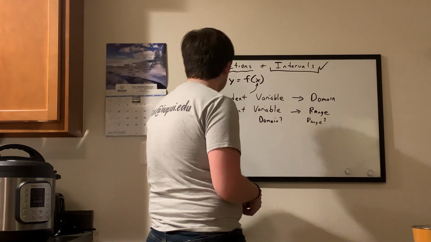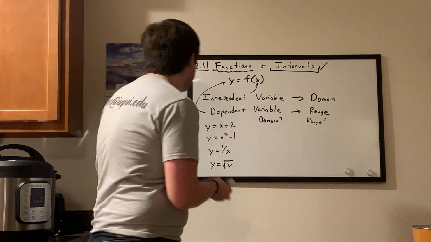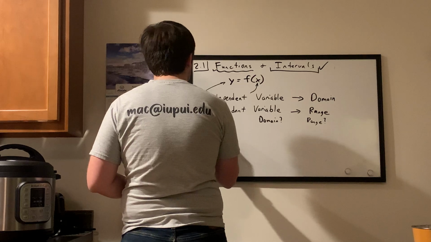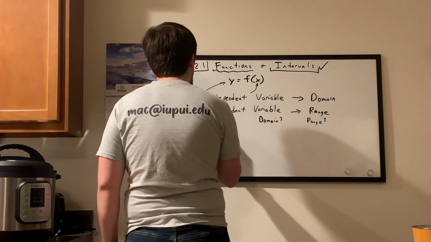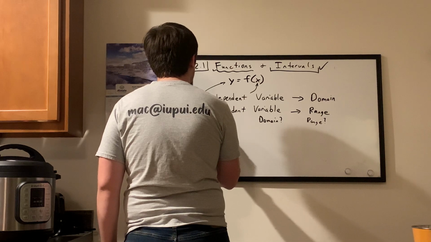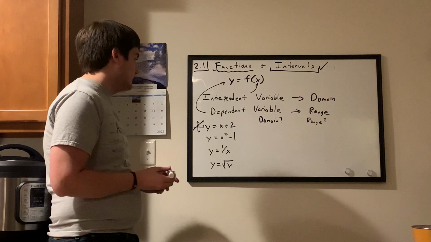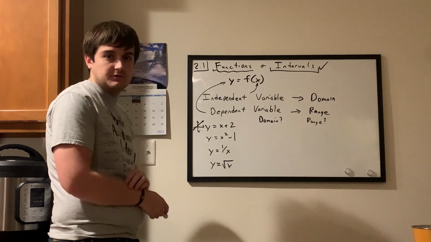Okay, so when it comes to y equals x plus 2, right, let's think about this graph. I'll kind of draw it a little bit on the side here. This is just a line. It has a y-intercept of 2, and it just has a slope of 1, so it's going to look something like this. So, is there any problem with this? Is there any x that will give us an issue? Well,